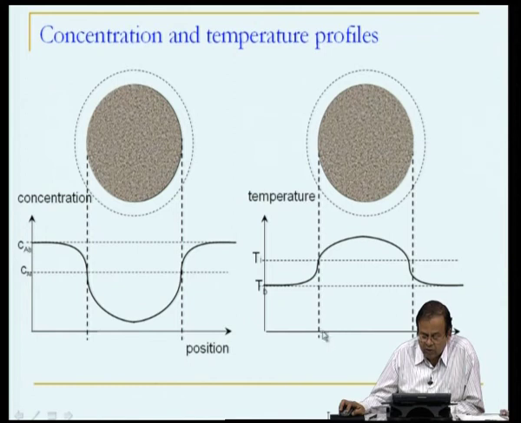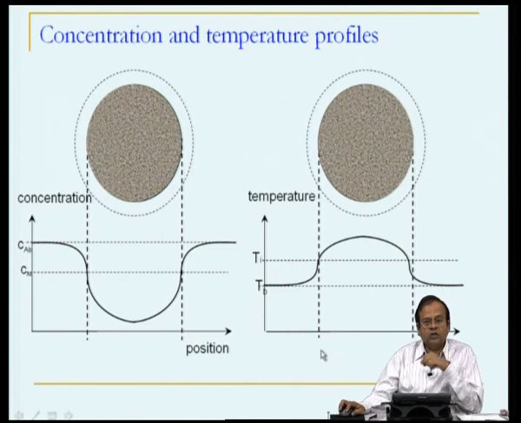Far away from the surface of this catalyst, the temperature is some bulk temperature Tb. Closer at the surface, temperature is Ti. We are assuming this reaction is exothermic. So, temperature in the bulk is lower than the temperature at the surface. Reaction is taking place inside. So, heat generation source is there inside. So, temperature is even further increased, and then the symmetry from the other side. So, this cartoon, which we will be using time and again to set up our mass balances or similar cartoons.